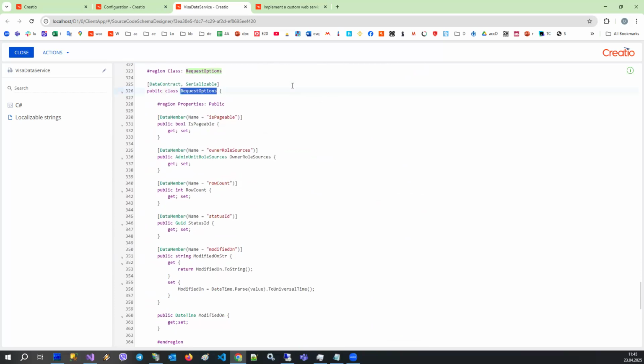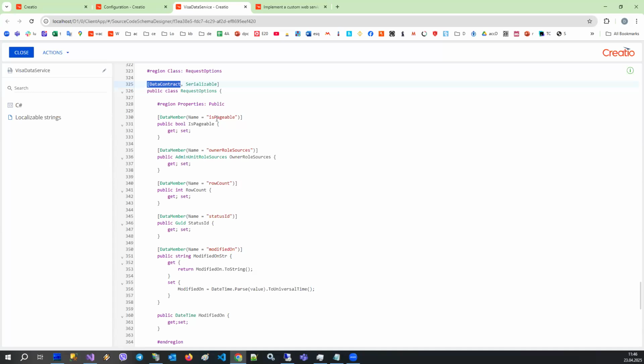So if you want to pass some complex class instance as an argument, you need to tell Creatio how to properly deserialize it. You can do this with a special DataContract attribute, and an additional Serializable attribute, but the most important is DataContract. DataContract here tells the compiler that this is not just a class for your technical purpose. This class will be used for deserializing request data. And also, if you have a response with such a data type, then it will be used for serializing the response data back